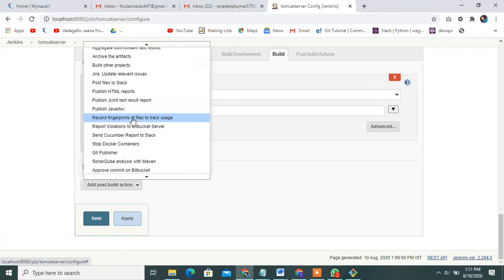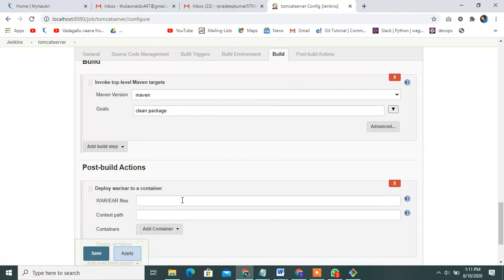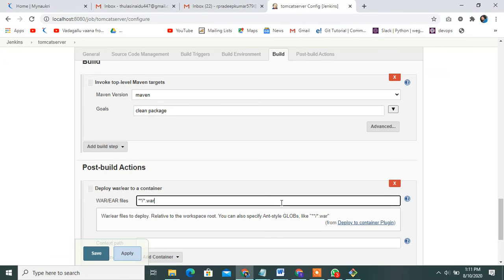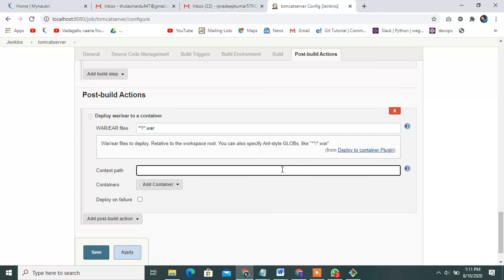Then go to my Jenkins server. Please select Deploy WAR/EAR to a container. You can write the WAR file also. Copy and paste it here. Then you can write the context path, the name under which it will be stored, and that name is mentioned here. I will write Linux Tomcat.